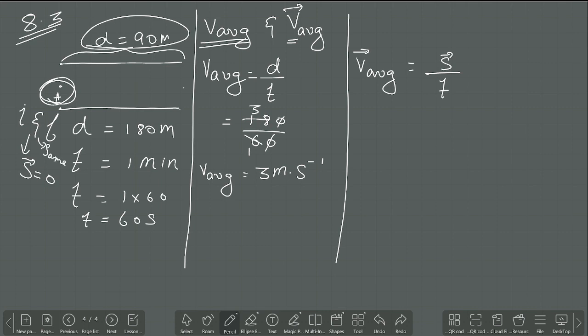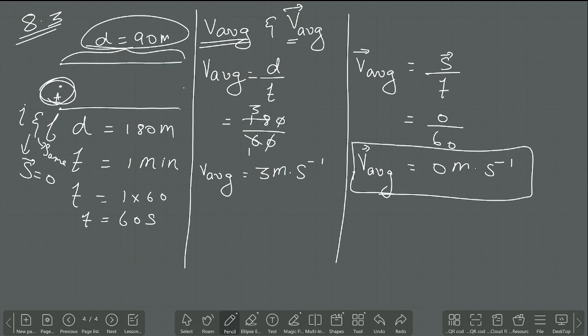Clear? So, now average velocity is equal to 0 by 60. 0 by 60 is going to be 0 meter per second. So, this is the value of the average velocity of Usha, whereas the average speed is going to be 3 meter per second. Next,